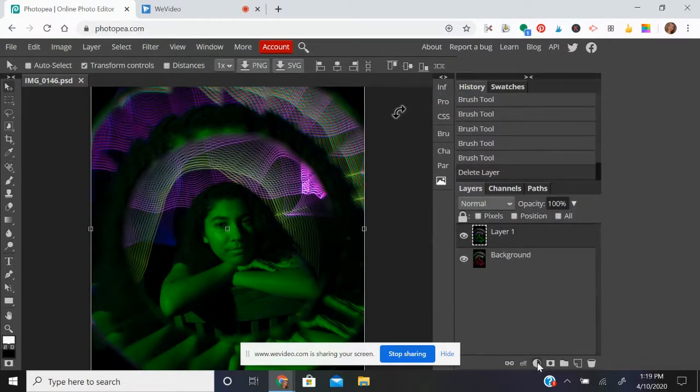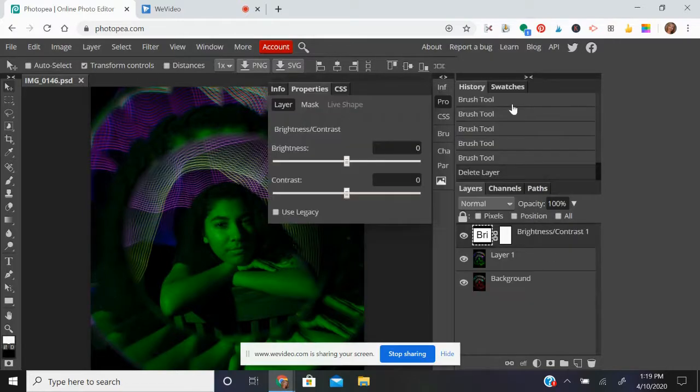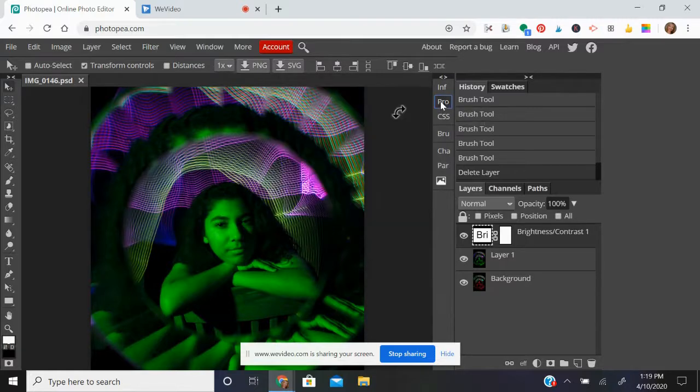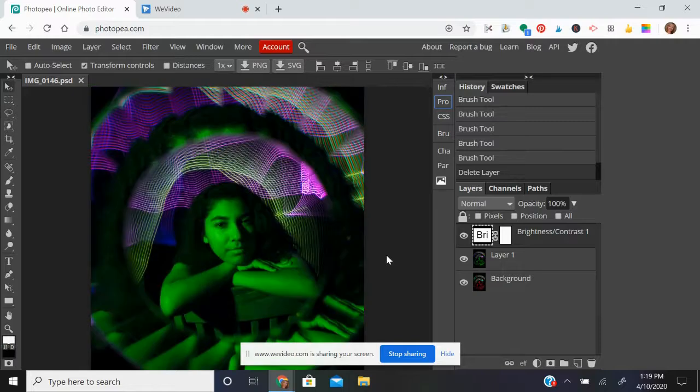And I'm also going to lighten the image in general. So I'm going to come over here and go to Brightness and Contrast. And I'm going to lighten the image because it's a little on the dark side. And I'm going to also add a little bit of contrast to that. And click right here. And okay,